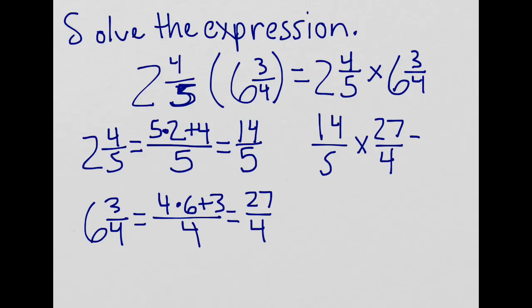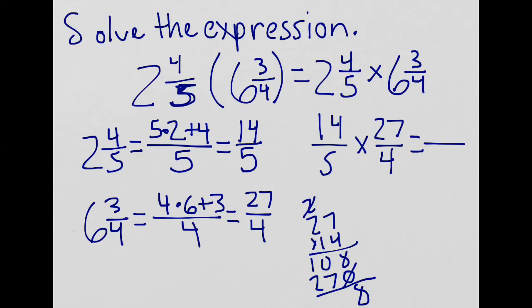So now that I've rewritten these, I can go ahead and multiply them. I need to multiply the numerators first. I don't know what 27 times 14 is, so I'm going to multiply it below here. 4 times 7 is 28. 4 times 2 is 8, plus 2 is 10. Bring 0, put a line through it to move over. 1 times 7 is 7. 1 times 2 is 2. And this 2 that was carried was from earlier. So when I add up those, I get 8, 7, 3. So my answer is